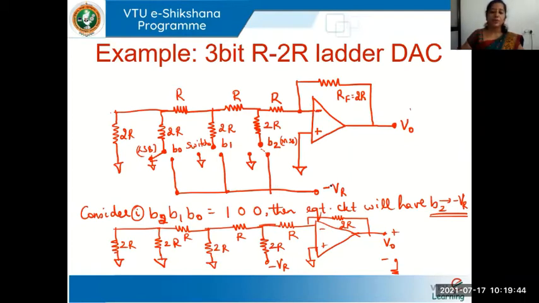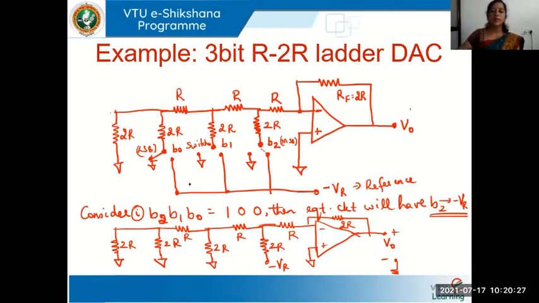So if I give a positive reference, the final output voltage would be a negative value, as simple as that. So it doesn't matter whether you give VR as positive or negative, you can use either. If you want a positive output voltage, give VR as a negative value. If you don't mind a negative output voltage, negative in the sense inverted in phase by 180 degrees, instead of being like this, it will be inverted downwards, you can give a positive reference. So this is your reference voltage, as you can see, and the feedback resistor is RF.